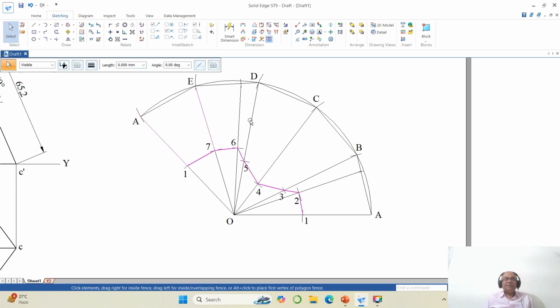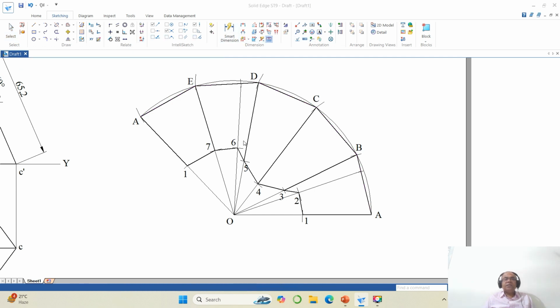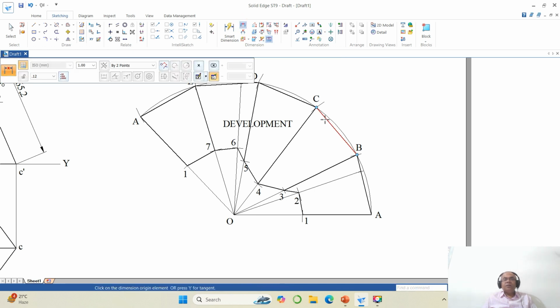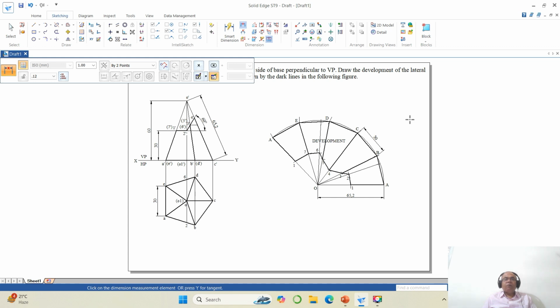Then go to fit, then come down to zoom window, then you go to select these slant edge lines, okay, and make that to be 0.5. Okay, then again you go to select these 5 base lines and make all these things 0.5. Okay, then you go to text, write this as development. Okay, now you go to distance between, select these two, make this as 30, and then select these two and make this as 65. So this is the actual development of the pentagonal pyramid,